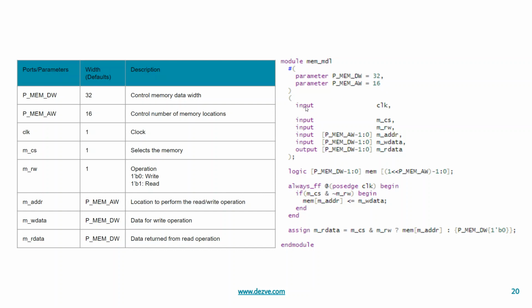So this portion reflects the input and output declaration. Here you can see we have defined all the input ports and the output ports appropriately. You can see we have defined madder as a parameterized width of pmem address width -1 down to 0, and for read and write data it is based on the data width parameter.